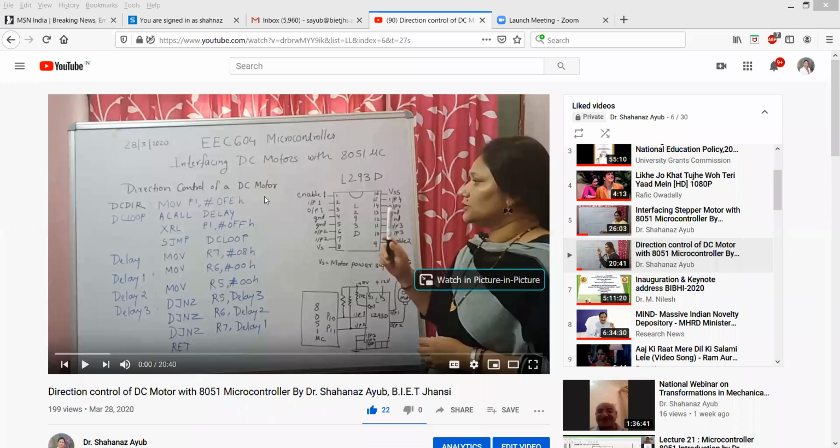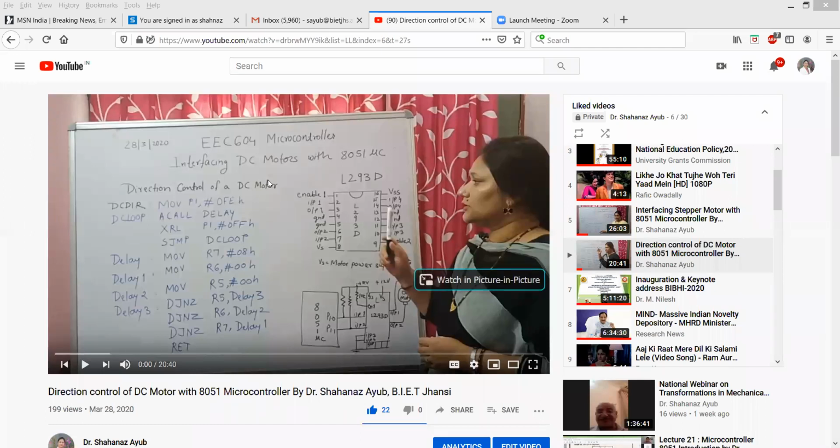How many terminals does a DC motor have? Only 2 terminals, positive and negative. It can be a 12 volt DC motor, a 9 volt, 6 volt or 24 volt DC motor. But what is the supply voltage of the 8051 microcontroller? Because it is a digital IC, it has only 5 volt.